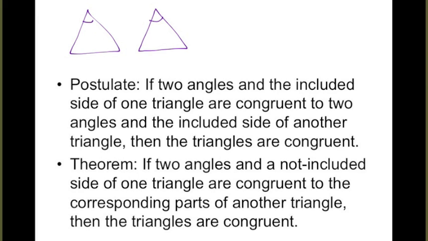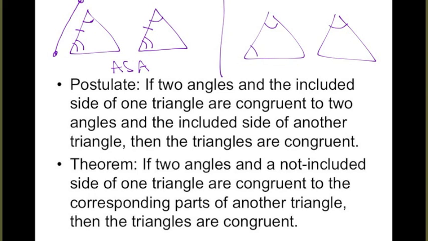So if I have 2 angles, and I have the side that is included, or the side that connects those angles to each other, that is angle, side, angle. If I have 2 angles and the side that connects those 2 angles together, that is angle, side, angle. Okay? So in these I've got this angle, and the side that's connecting them. That is angle, side, angle. The other option